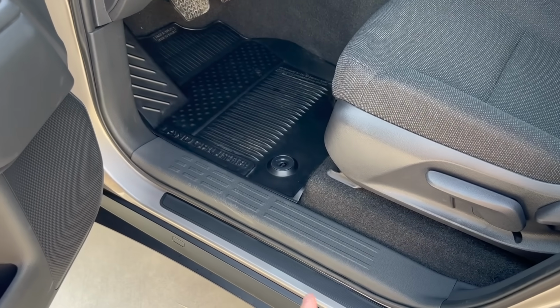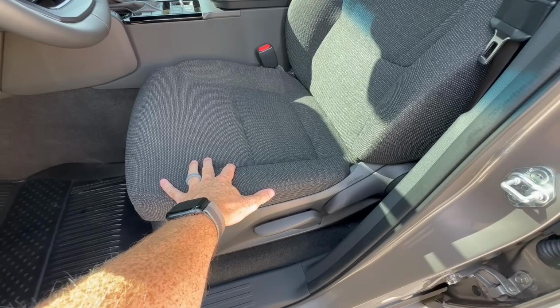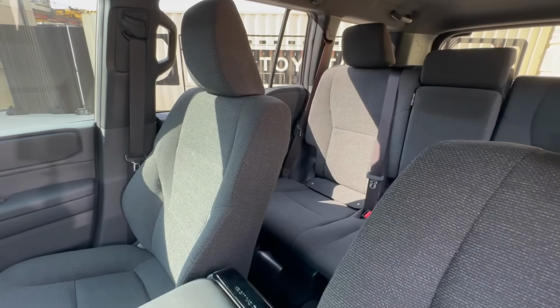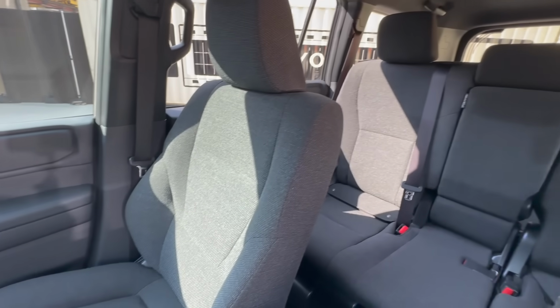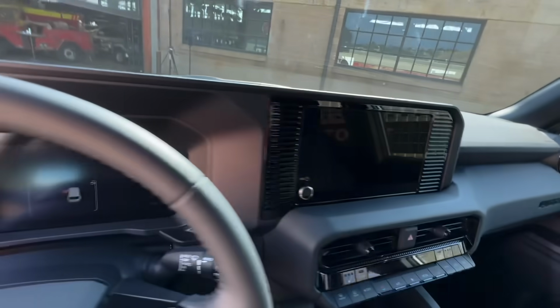The vehicle does have carpet, and then you do have a full all-weather floor mat. These seats are gonna be cloth in the 1958, and they're also manually adjustable. But when I read that they were gonna be cloth, I was kind of like, oh, cloth, I'm not sure. But the texture, guys, of this cloth interior looks really, really cool. It looks very old school as well. I mean, just look at the stitching. Looks really awesome. As we climb on into this one,